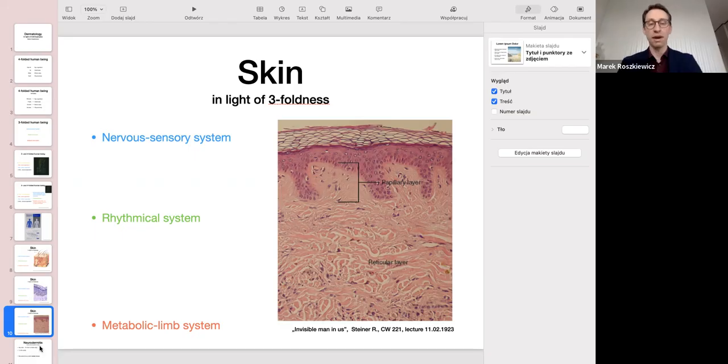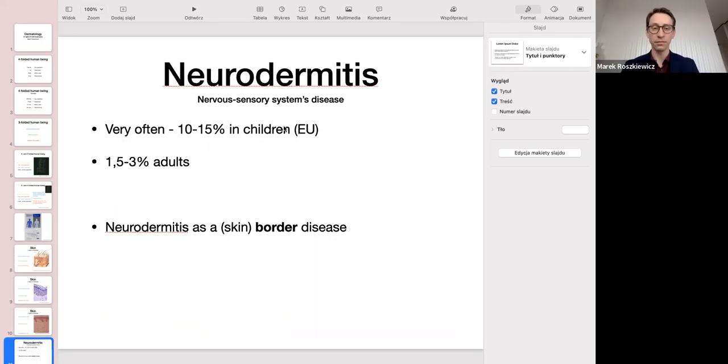So my main theme today was to focus on two main, I would say, polarities. As an example, it will be atopic dermatitis and psoriasis, but afterwards, today I thought maybe we could also do acne vulgaris, the common acne, because it's, I would say, quite often encountered by many different specialists.